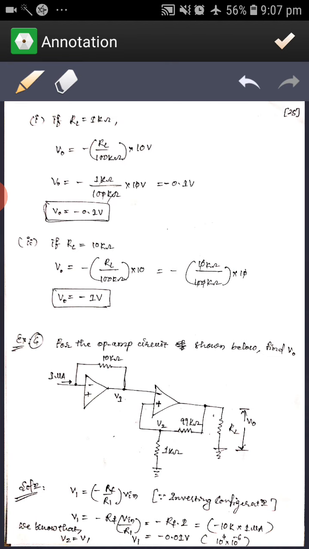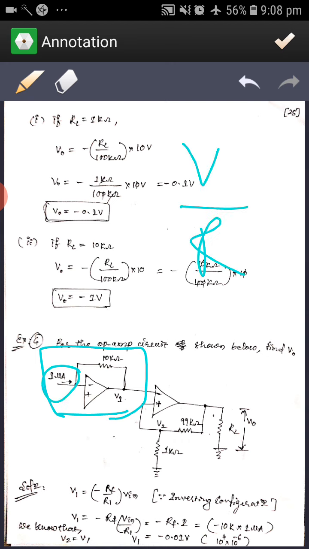So the next problem. Here we have two op amps, one is this one and one more is this one. This first one will be like an inverting amplifier because the input is given to the negative terminal, but here the input is directly given as a current. So we can say V by R is equal to 1 microamp, with a feedback resistance.